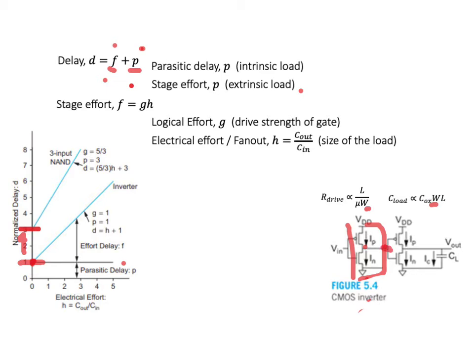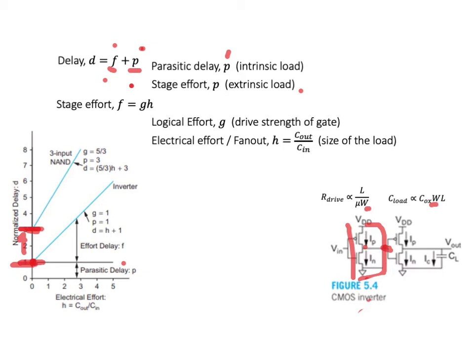So we have seen that the intrinsic delay can be characterized by a unitless parameter p, where p equals 1 represents the intrinsic delay of the fastest gate that can be switched, that is the NOT gate, and that corresponds to the intercept of 1 here. For other logic gates, like a 3-input NAND, it may have a larger value of p, that is, a much slower intrinsic delay. In this case, the 3-input NAND has 3 times slower intrinsic delay than an equivalent NOT gate.